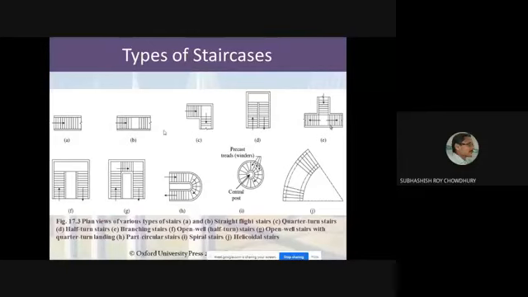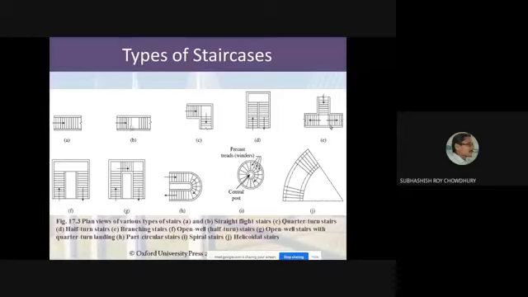Obviously at different levels it will be supported, but the effective span of the slab will be in this direction. But if you give the beam or wall in this direction, say there is one brick masonry wall and another brick masonry wall, and you construct the inclined slab in such a way that it is supported here and here, with no support along the shorter direction, then basically it will be supported along this support as well as this support. Support means either beam or wall. So that is called the transversely spanning stair.